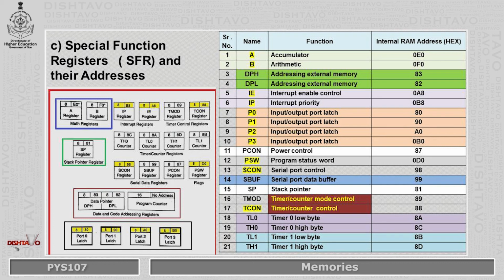When data is to be placed on the stack, the stack pointer increments before storing the data on the stack, so that the stack grows up as data is stored. As data is retrieved from the stack, the byte is read from the stack and then the stack pointer decrements to point to the next available byte of stored data. The stack pointer is set to 07 hex when the 8051 is reset and can be changed to any internal RAM address by the programmer. The stack is limited in height to the size of the internal RAM.